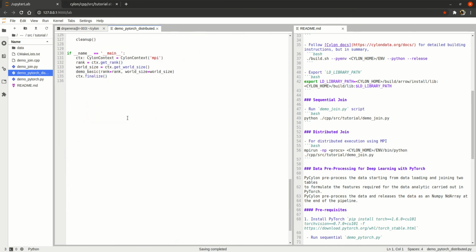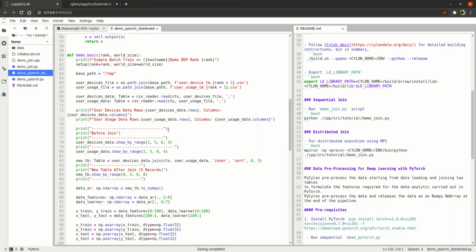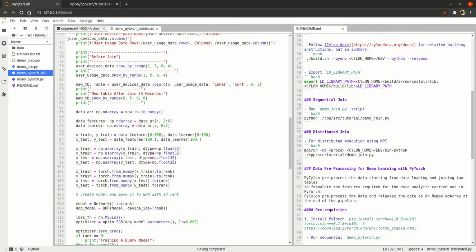It again starts off by creating a Cylon context, and by creating a Cylon context, the Cylon execution would then happen in an MPI managed environment. All the Cylon workers would be managed by MPI, and then these MPI workers would read files from the data directory and then perform a join, and then we would use that joined table